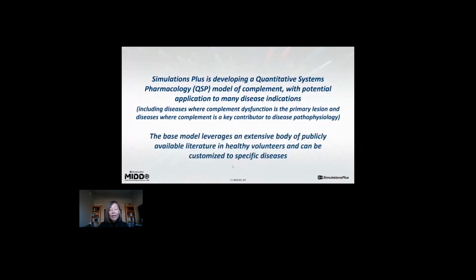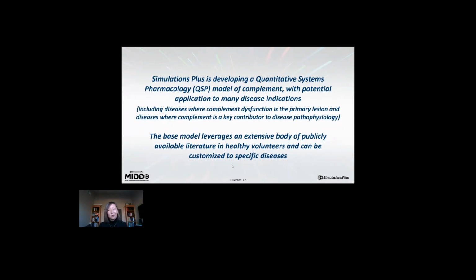And the way in which we're doing this is to create a base model that leverages an extensive body of publicly available data in healthy volunteers, but also in patients, and be able to customize that to particular diseases and